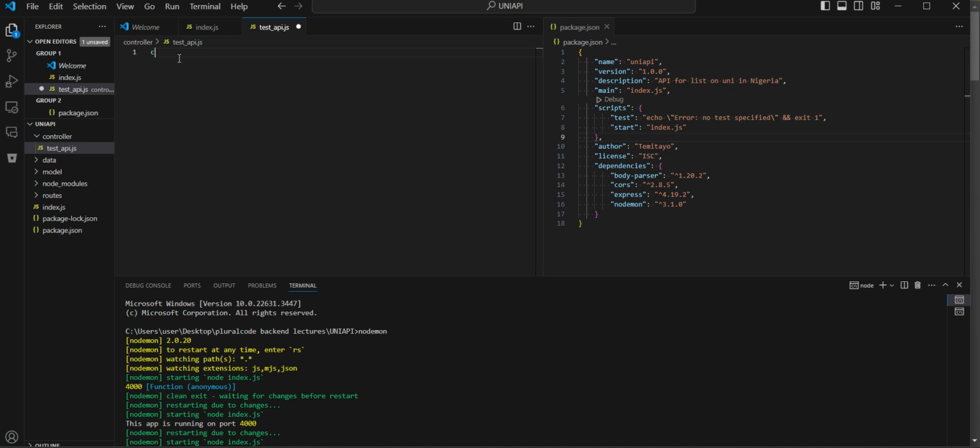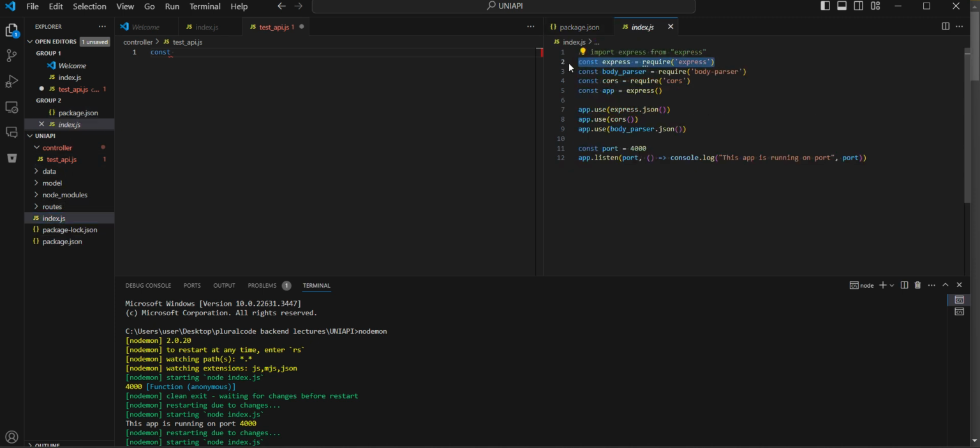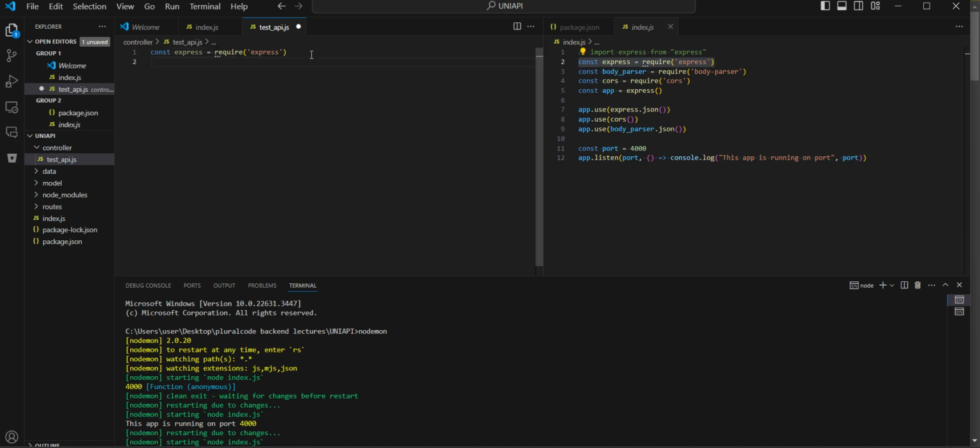Okay, so for this, I'm going to say const express. Okay, so let's code smart. So in our index.js, we have this already. So const express, let's carry this over. So we might not be using the property of express directly here, but let's still leave it because we might have to use a part of it. So I'm going to say module.exports.test_API is equal to async, because